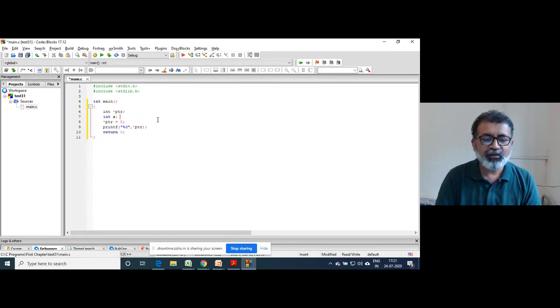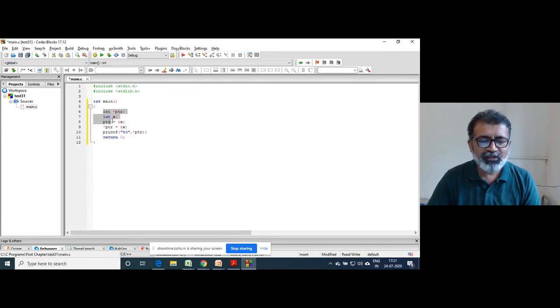Rather, you will declare the variable like this, x is equal to 5, that's all, and you write here ptr is equal to ampersand x.